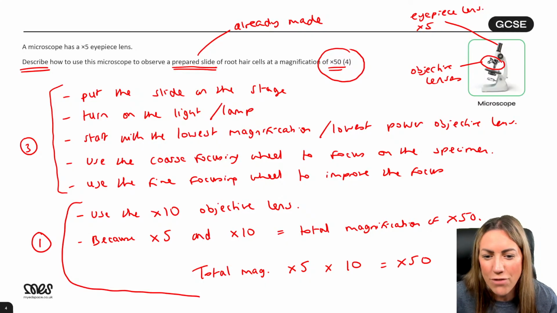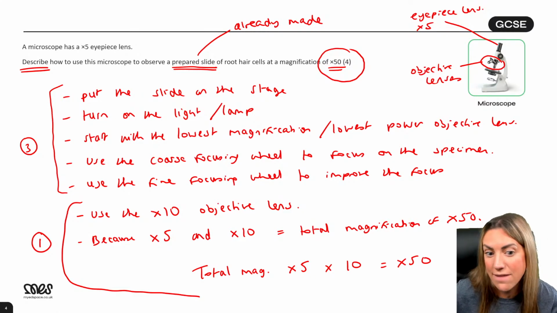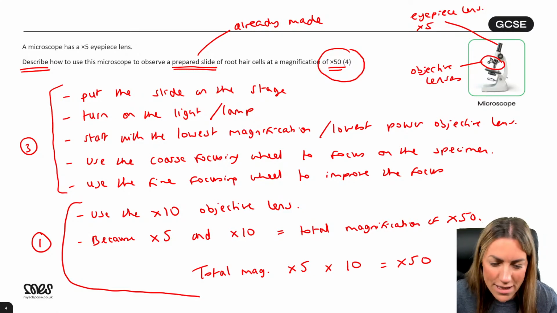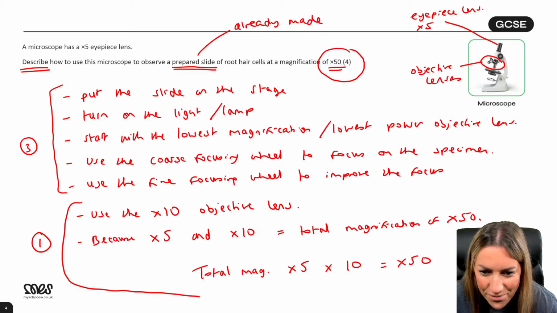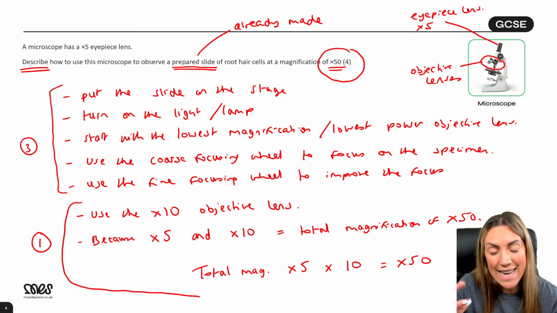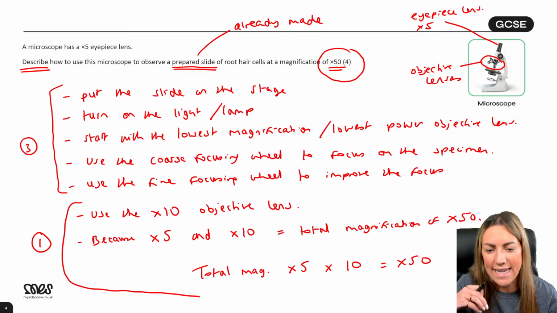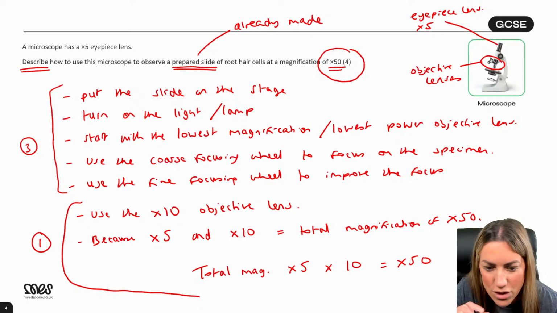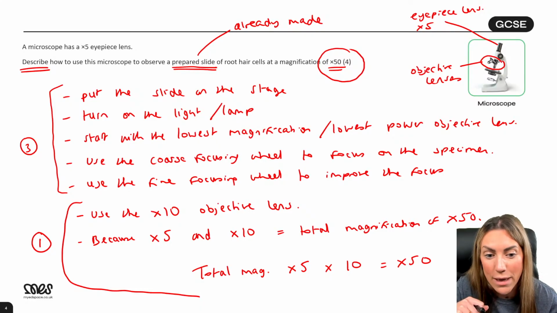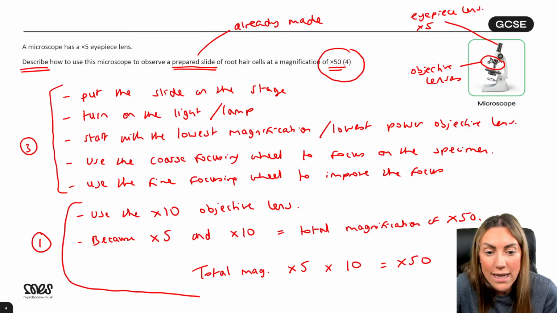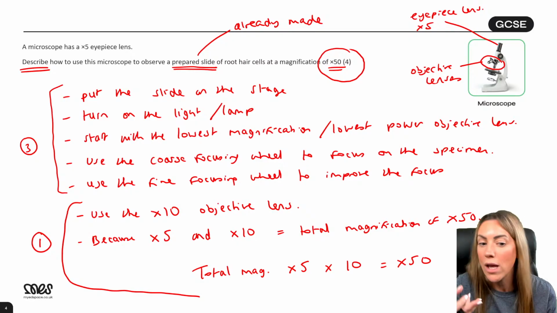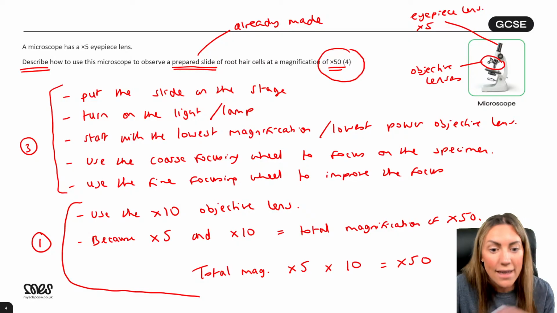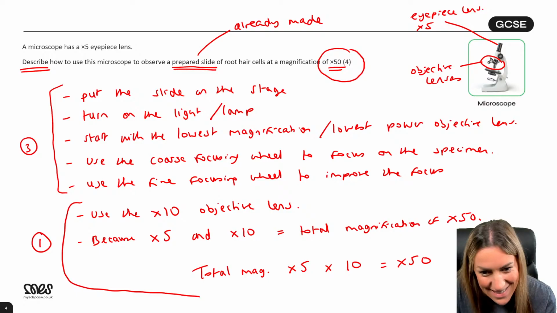Can you give hazards and risks? You didn't have to here because it didn't ask you specifically, but obviously if it had asked you specifically, I mean, there's not many risks though with using a microscope, right? The coarse focusing wheel, yeah, it does. It moves the stage to get it into focus, yes, it does. This could be foundation or higher, by the way. This topic, using a microscope, is a required practical. It's on both foundation and higher, combined and separates.